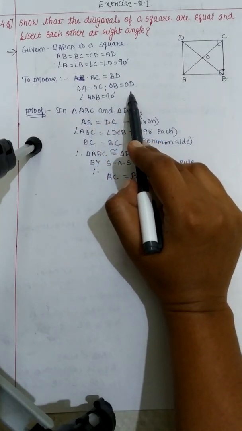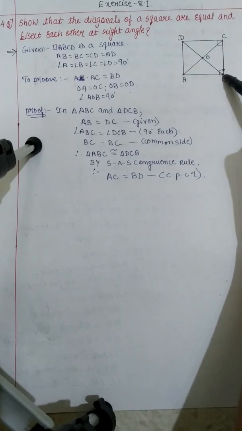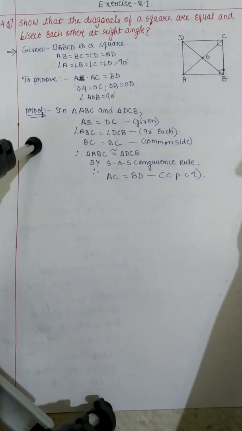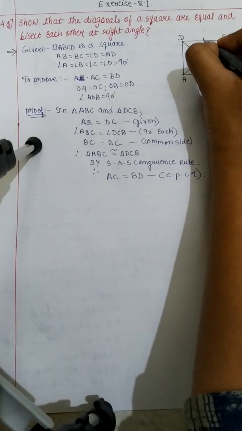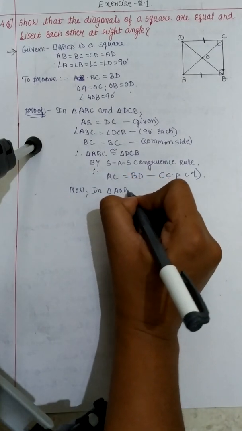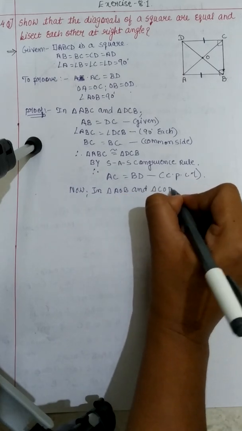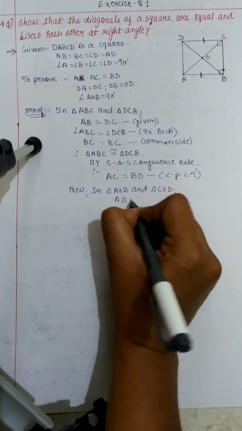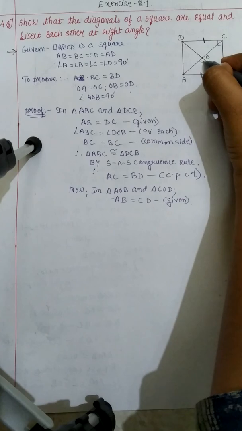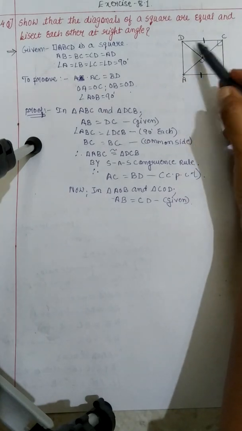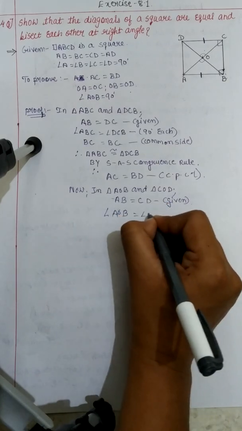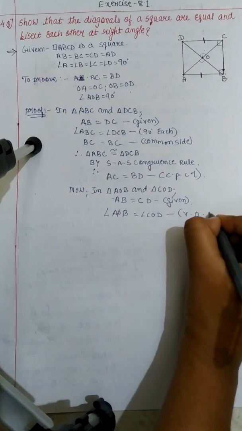So therefore now I am going to take the name of the triangle as triangle AOB and triangle COD. Now in triangle AOB and COD, obviously once again the side AB and the side CD is coming. So therefore let us write it. Now in triangle AOB and triangle COD, what all things we have? That is AB is equals to CD. That is given. It is a square. All the sides are equal. Now here once again you can observe that AOB and COD, these two angles are vertically opposite angles. So therefore angle AOB is equals to angle COD and the reason is vertically opposite angle.